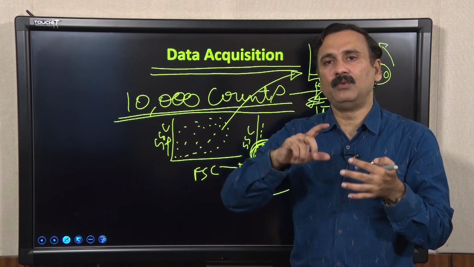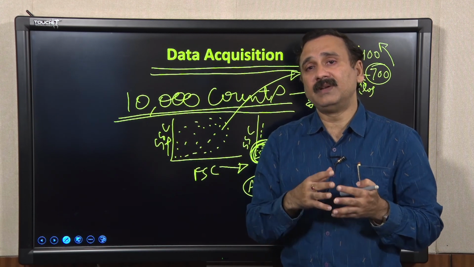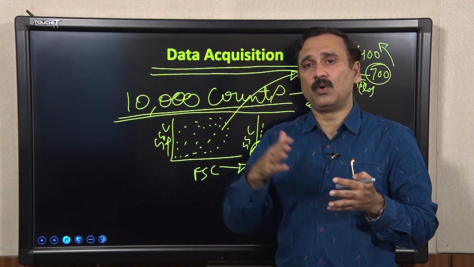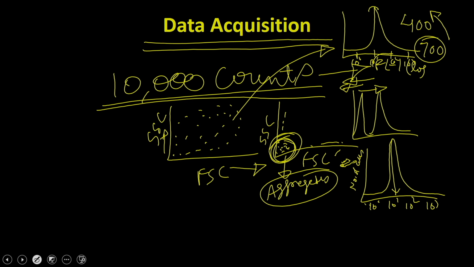For example, if I am looking at the untreated versus the treated sample and I do not know whether the fluorescence is going to go up or go down, then if I keep the peak at 10 to power 1 and the peak shifts toward this side when I treat the sample with some kind of drug, where the fluorescence is not increasing, it is going to give you the peak on this side. And suppose there is an increase, then it is going to give you a peak on this side.